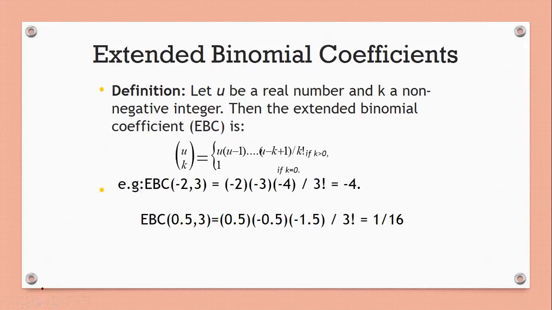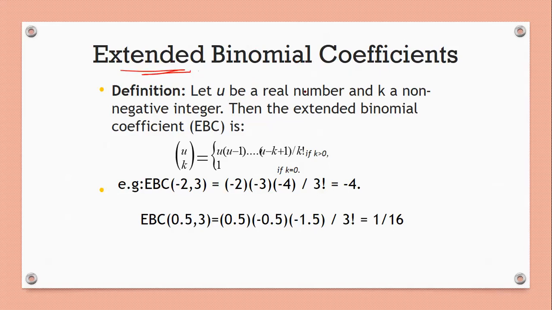Now the next thing is extended binomial coefficients. For extended binomial coefficients, suppose instead of the power being positive, we have the power being negative. To use generating functions to solve our counting problems, we need the binomial theorem. We already have the binomial theorem for positive integer exponents, but what about exponents which are not positive? For that we have this extended binomial theorem. So what do we mean by extended binomial coefficients? First we will see that.